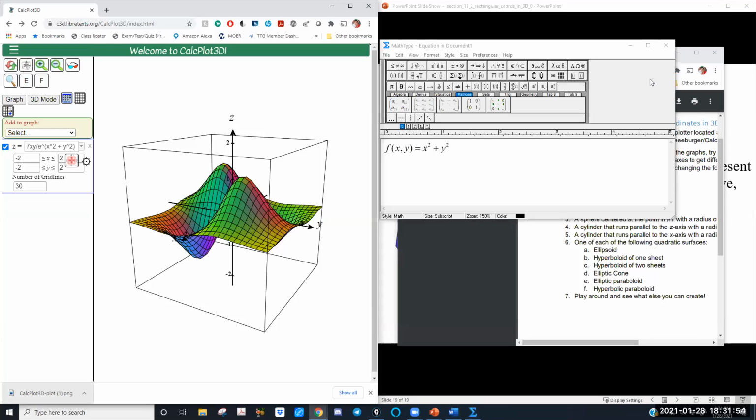Okay. Now, I want to pause there. I know we're already past 6:30. If you got to get going, I completely understand. But I wanted to open up for any questions you guys might have about submitting for participation points. The 3D plotter, I've got to update the link because I know it's going to be the old link. So I'll do that right after class. And also, if you do worksheet 11.2, you know how to submit that.